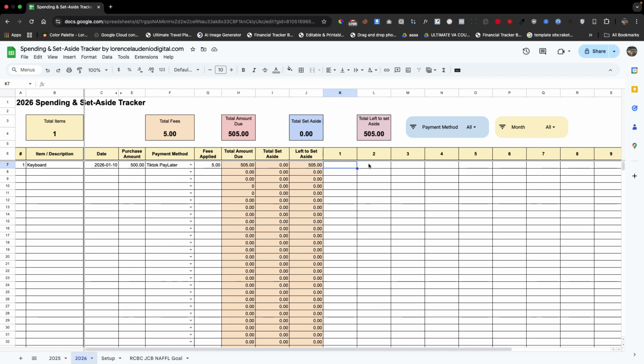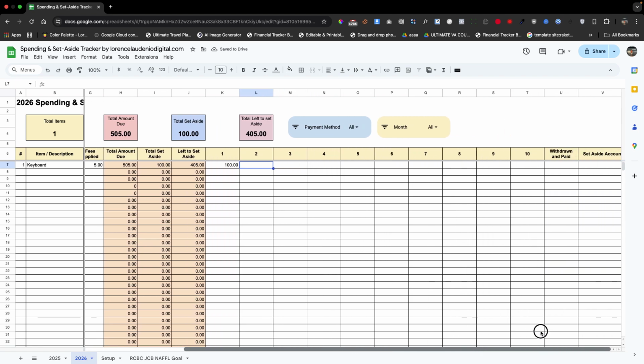Let's say for example I have 100 on my GCash, and I will transfer 100 pesos from GCash to this set aside account.